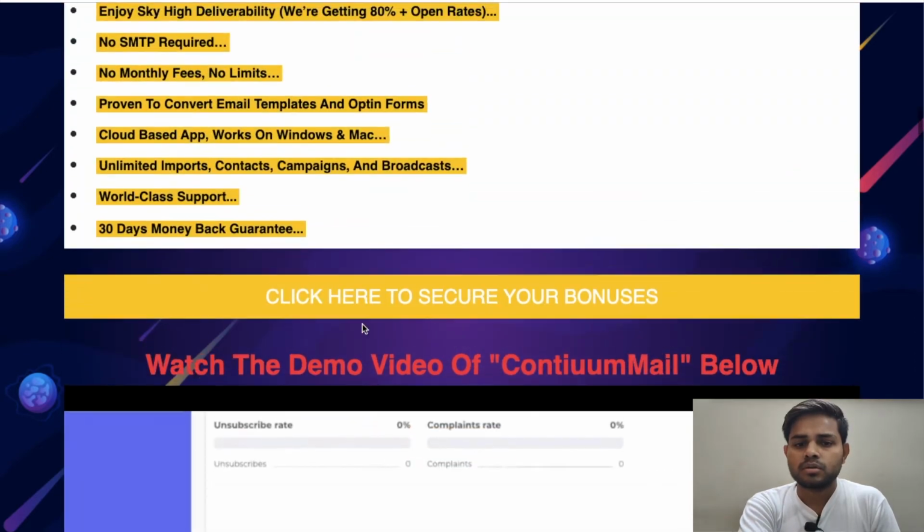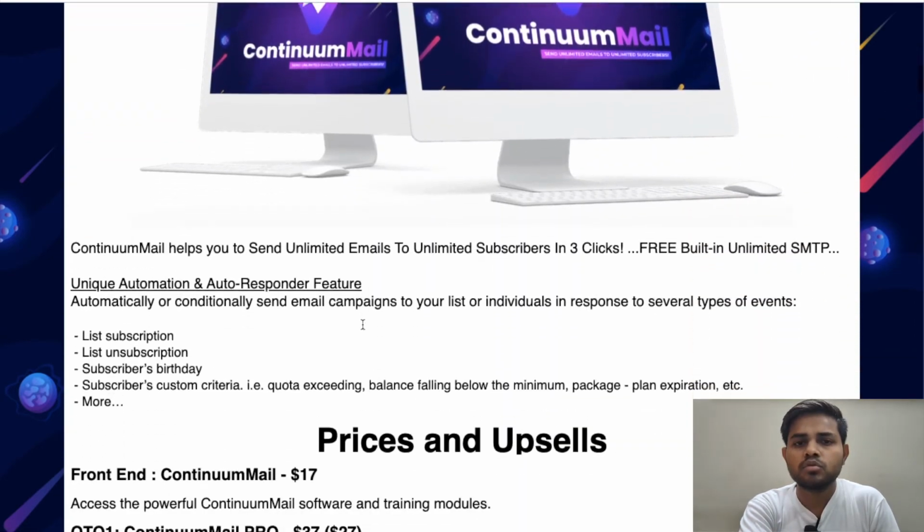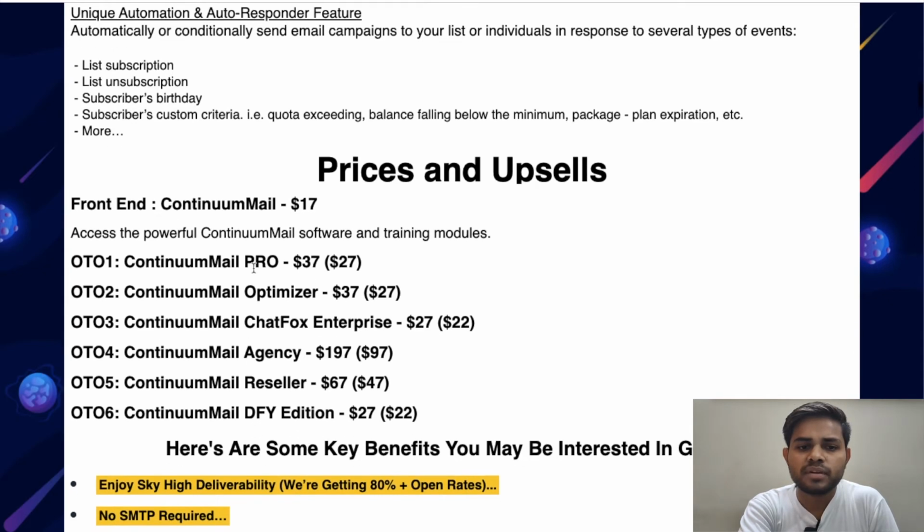Okay, so now it's time to know about the prices. The front end price of this Continental Mail is $17, and OTO 1, which is Continental Mail Pro, its price is $37, and the downsell is $27. And OTO 2, which is Continental Mail Optimizer, its value is $37, and the downsell is $27. And OTO 3, which is Continental Mail Chat Fox Enterprise, its value is $27, and the downsell is $22.